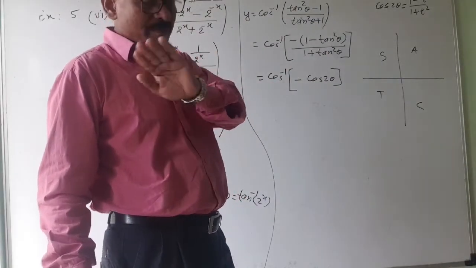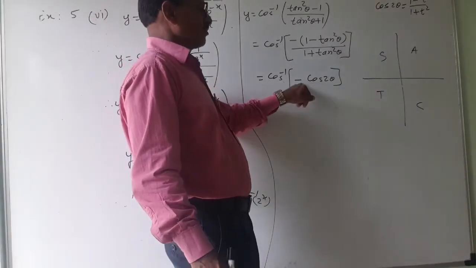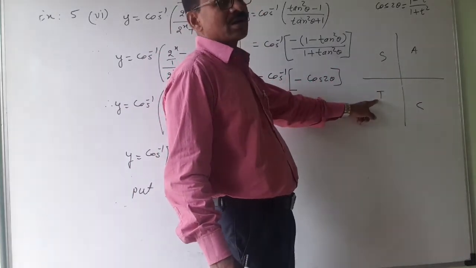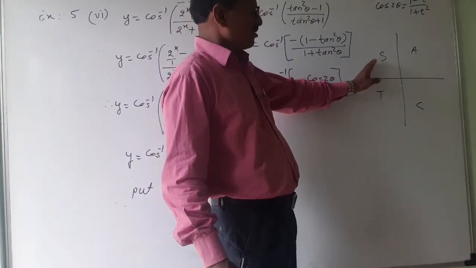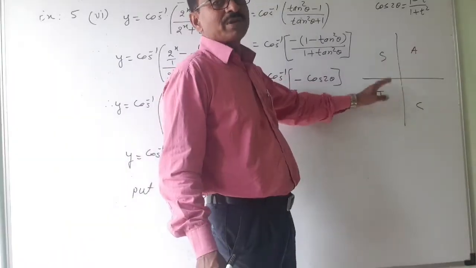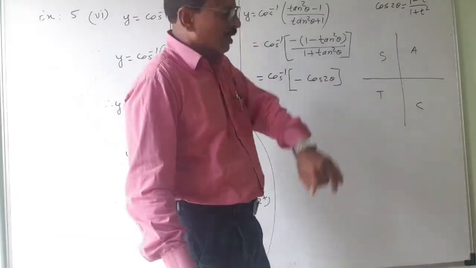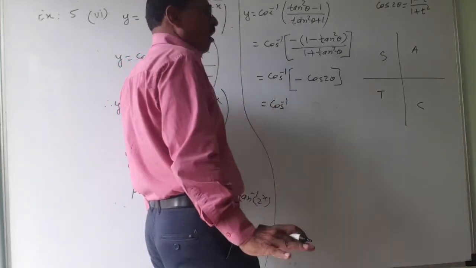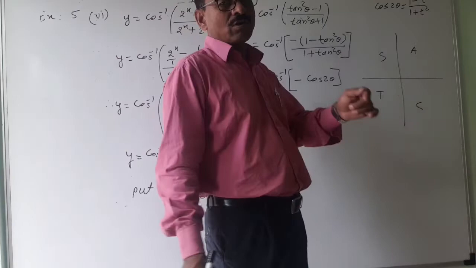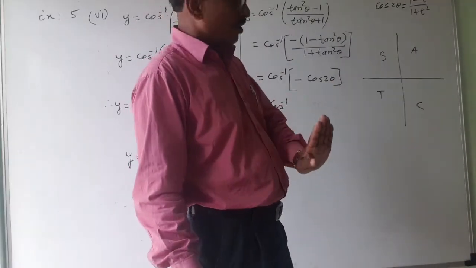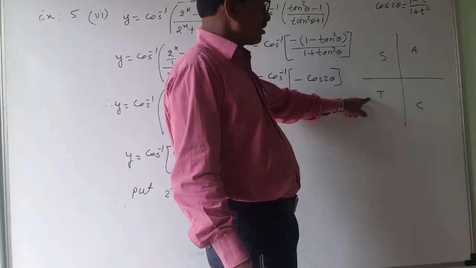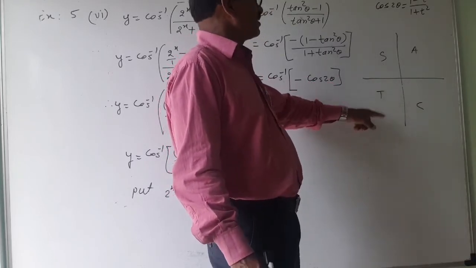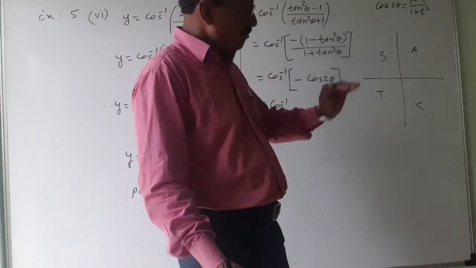You remember this: cos is negative. Negative cos will be in the second quadrant or in the third quadrant. But which is near? Second is near. So come in the second quadrant. Don't go in the third quadrant. This is the unwritten law: whichever is close, that quadrant should be observed. In the third quadrant also cos is negative, but I will not go in the third quadrant because the second quadrant is very close. So come in the second quadrant.